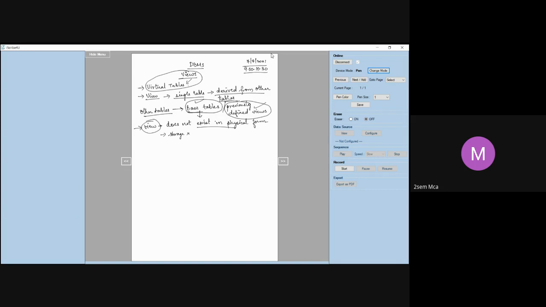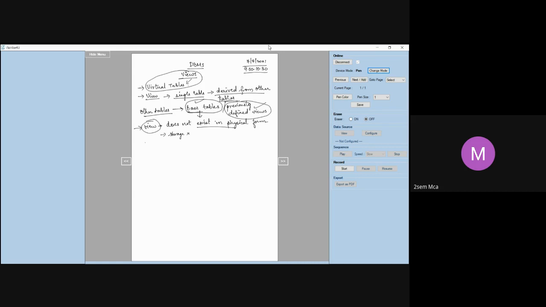Next point is that a view does not exist in physical form. That means it does not exist physically. It doesn't store any of these records. It's a logical table, or you call it a virtual table. There is no physical form, whereas the other tables that we have done so far are all physical tables.